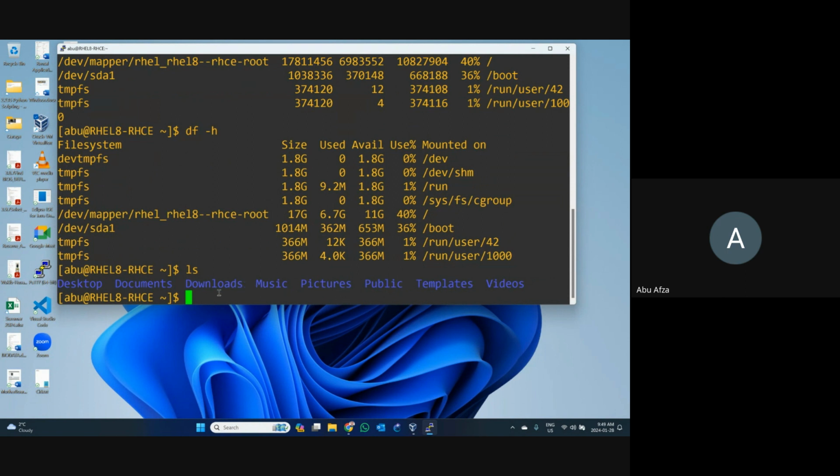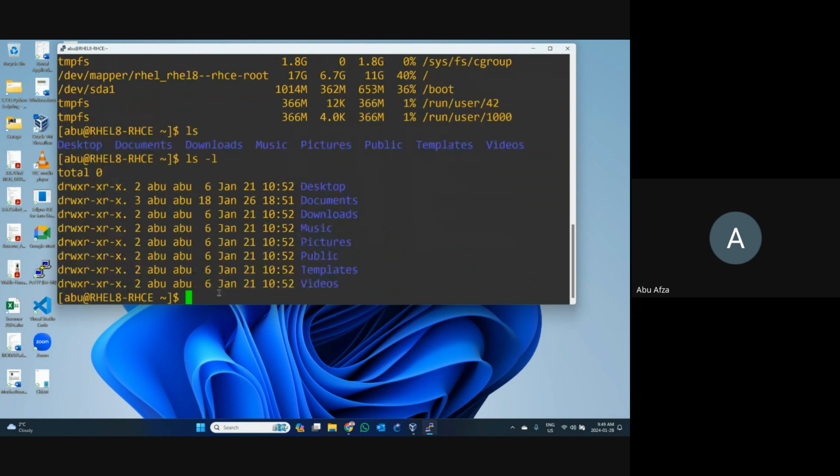But if you want to see it list-wise with detailed information, write down ls -l. Then you can see the detailed information shown this way. The first one is Desktop. Desktop comes first, and you can see that the line is divided into a few parts.